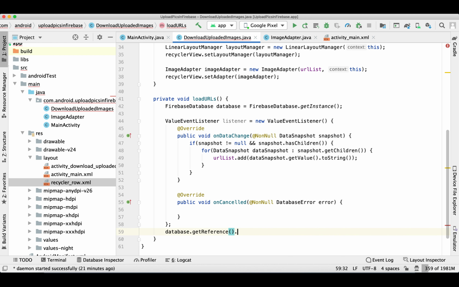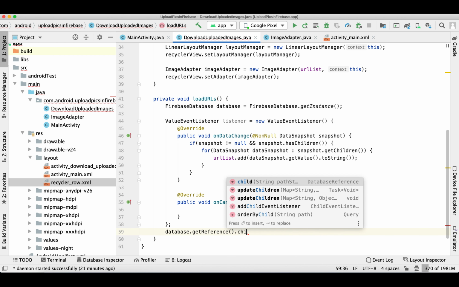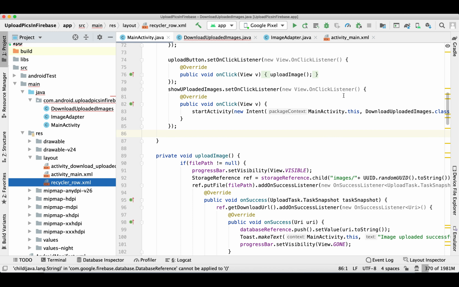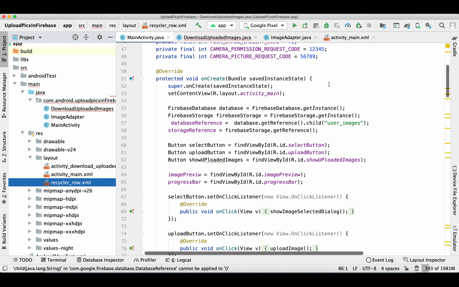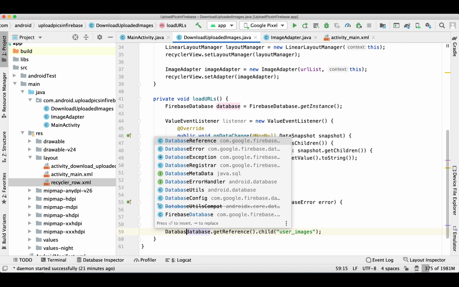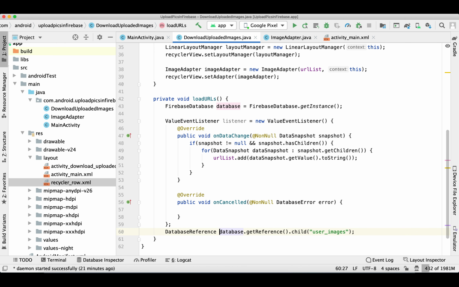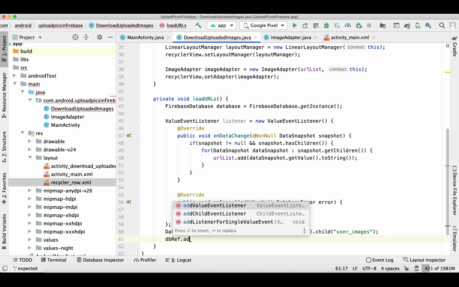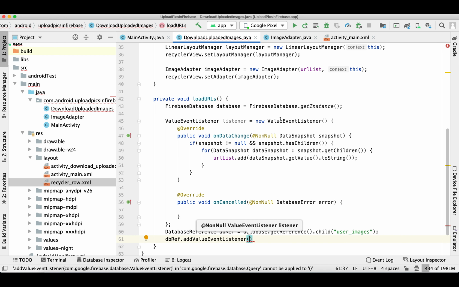And we can get the reference. Here we need to pass the same name that we passed in our main activity. Make sure to pass the same name, otherwise you won't be able to retrieve it. And then we'll set this to our add value event listener. Pass this DB reference and listener.